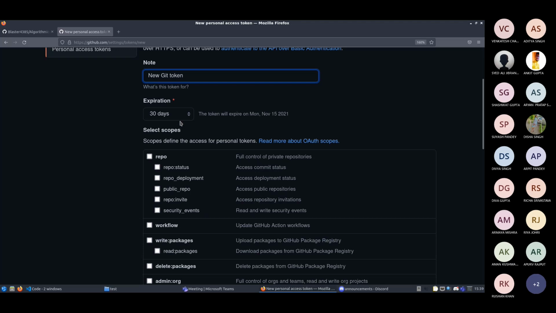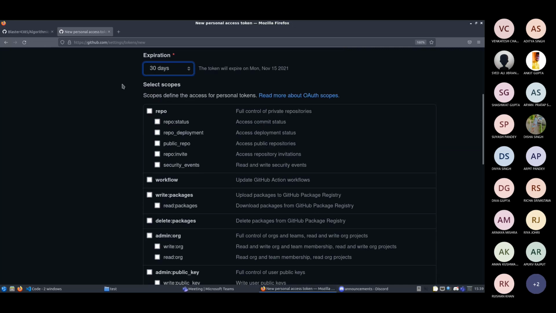Expiration means at what date does this token expire? It can be 7 days, 30 days. It can be custom also, or you can set it to no expiration so that it never expires. Then here you can define the access for the personal tokens, like scopes. What all access does the token provide to your GitHub? Like repo status, deployment and all of these.